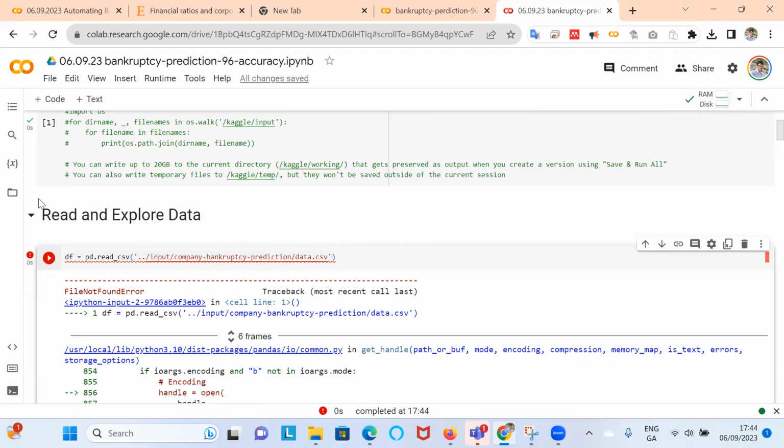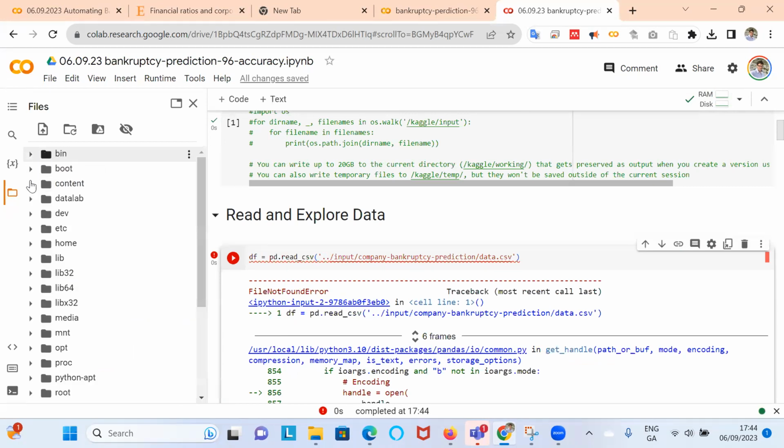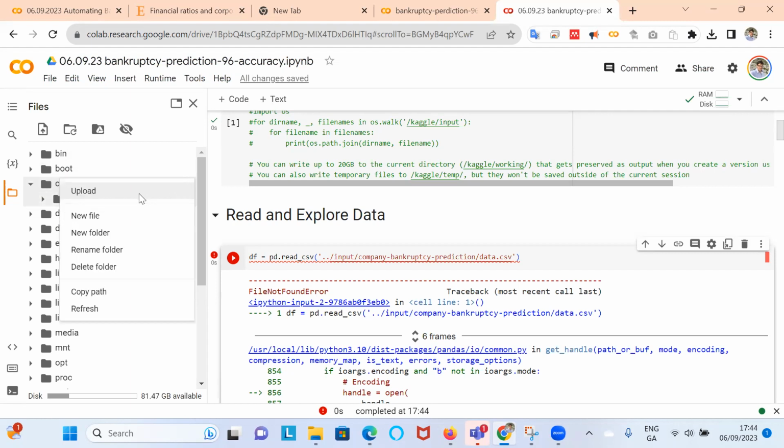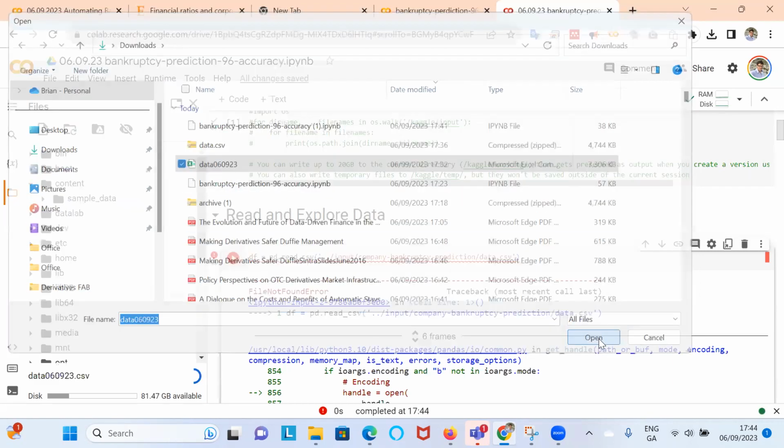So the default location for the data is in the content folder. So if I go to the file icon and click through and then find the content folder, you'll notice here that there's no data except the sample data. So we downloaded the data from Kaggle, and I said I unzipped it before the video clip, and I can take this one here and upload, right?